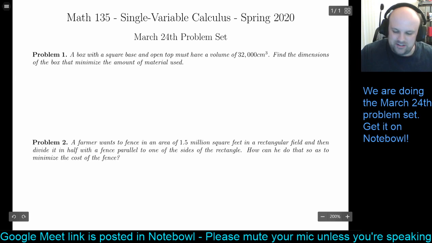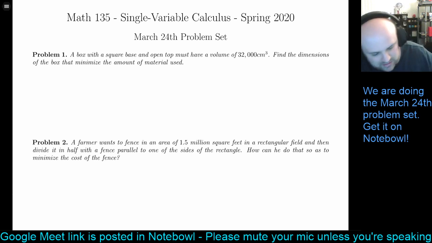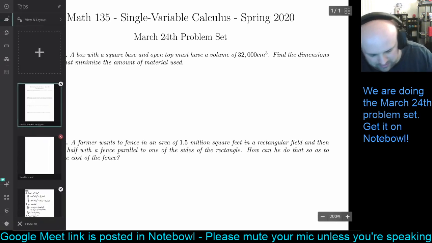All right. So we'll just get right into it here with this first question. We have a box with a square base and an open top that must have a volume of 32,000 cubic centimeters. We want to find the dimensions of the box that minimize the amount of material used. So let me go back over here to this blank document I made. So for question 1,